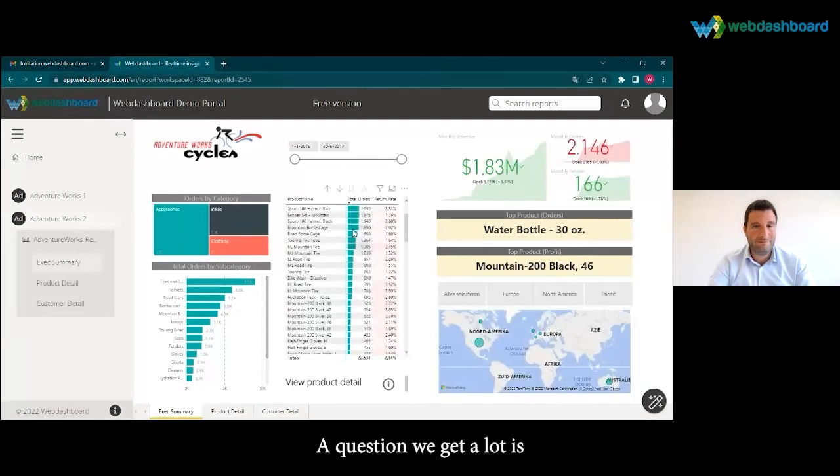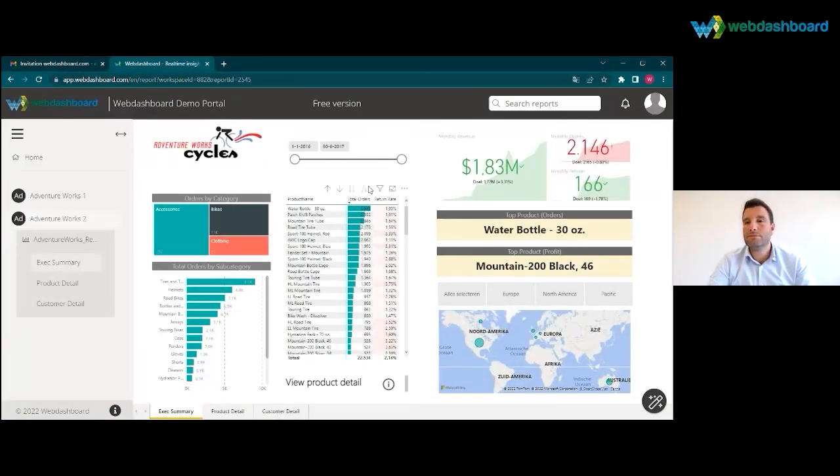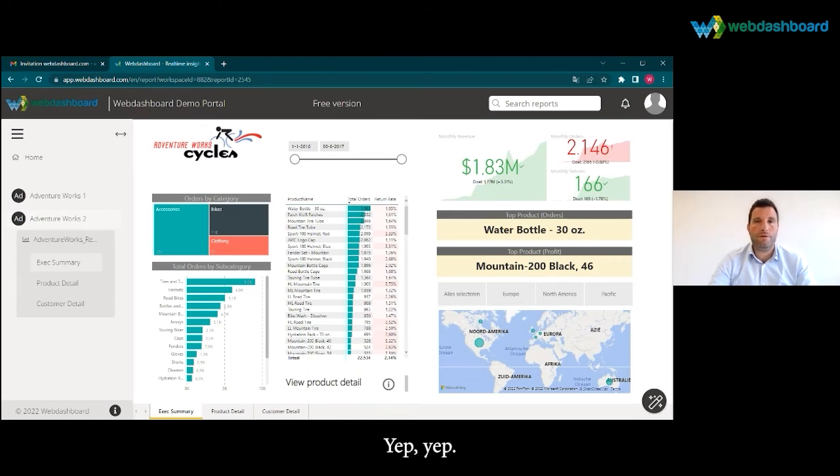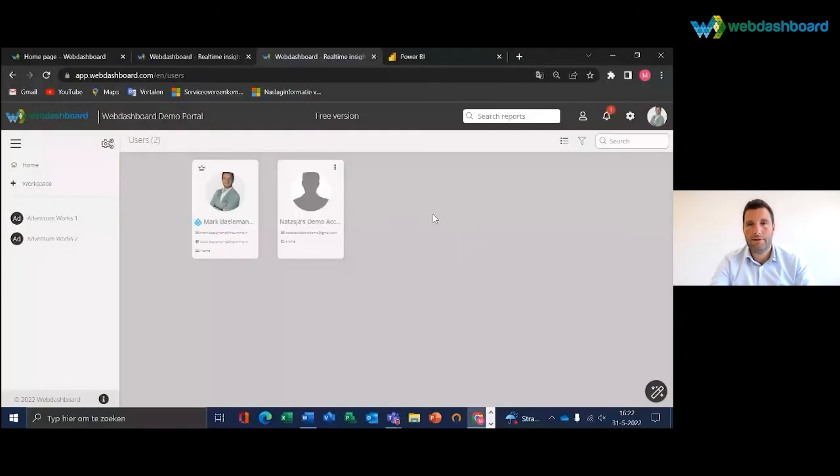A question we get a lot is, can you use row level security in your documents in Webdashboard? Yep, that is no problem. You can use row level security. I go and share my screen again. First of all,